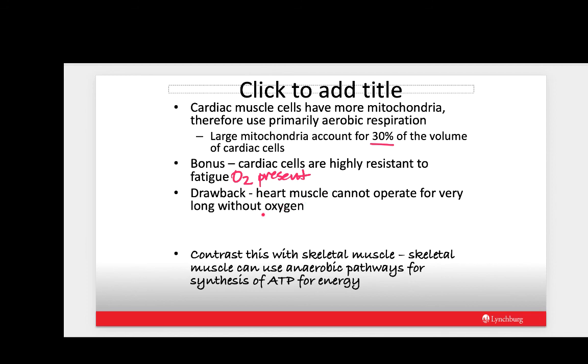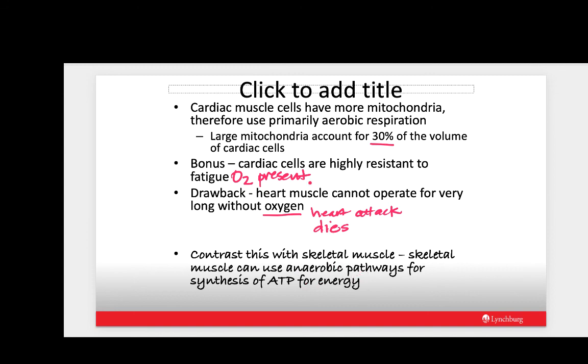So if you cut out the oxygen, think heart attack, where you decrease oxygen to that tissue, the tissue is going to end up dying, and cardiac muscle cells do not regenerate. They're going to scar. Unlike skeletal muscle, which has the ability to use anaerobic pathways to generate ATP,